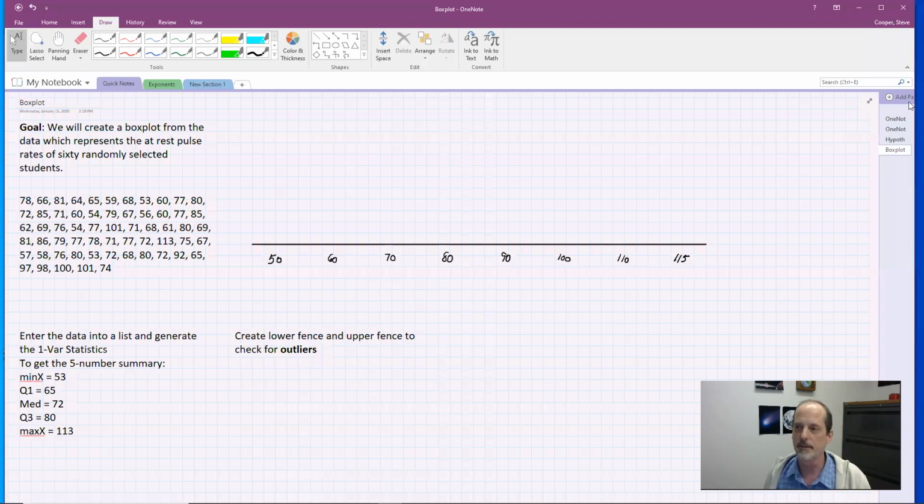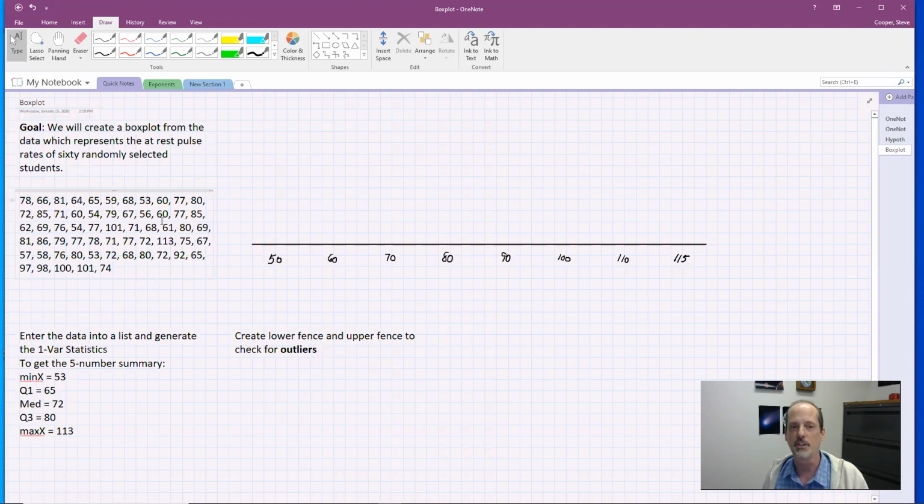Okay, I want to start a brief discussion about creating a box plot. When you create a box plot, you need the data. So we're going to start with 60 randomly selected students whose pulses were taken for a minute, and this is the results here. Now, if you want to pause the video and put this data into a list in your